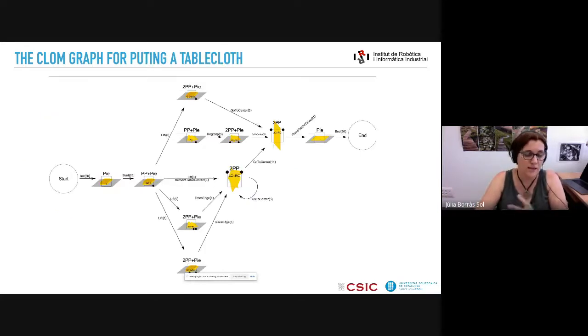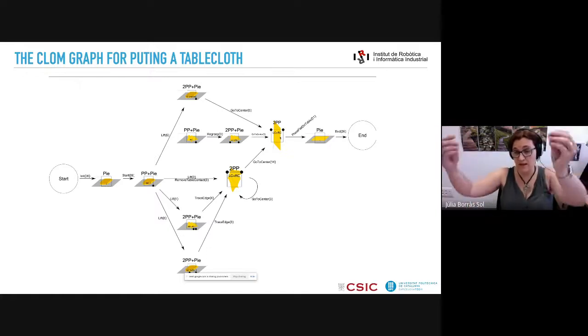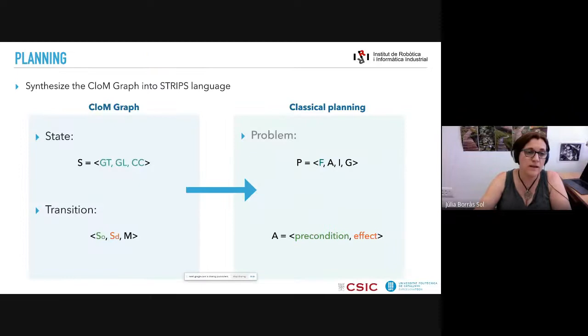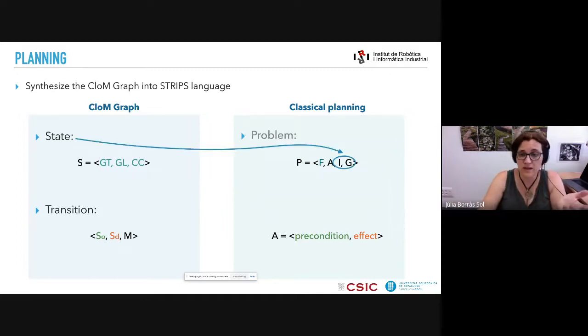planner. This would correspond to the task of folding and putting the tablecloth, where you basically pass through from the folded state until it's flat hanging here, and then you put it flat on the table. Then the idea is that once we have this graph, we can store it in a comma-separated value format, and then we have a very simple code that translates it into STRIPS language, where each one of the states